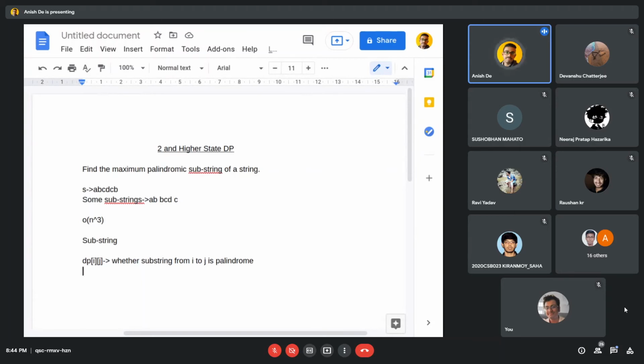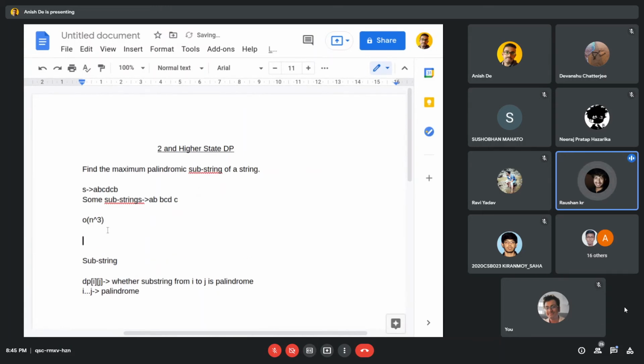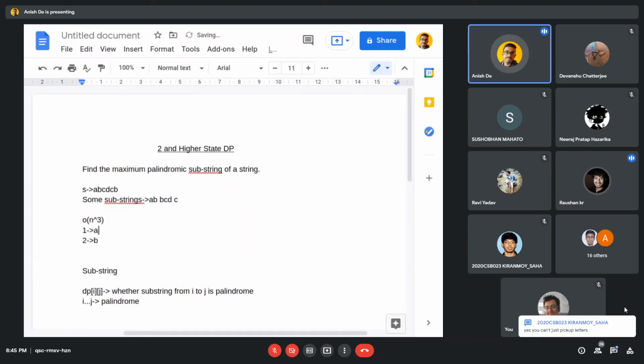Means if you know that the substring from i to j is palindrome, then how can you build on it? Okay, we can do one thing. Like in my approach, when we start from front and back, then we will hold it at B, and then after going A to B, we will increase the forward pointer and go back.